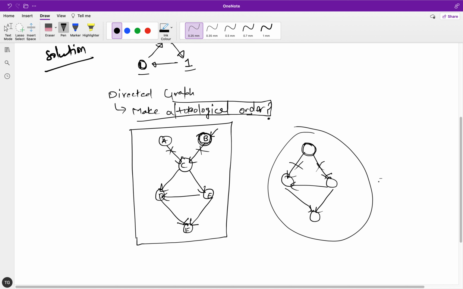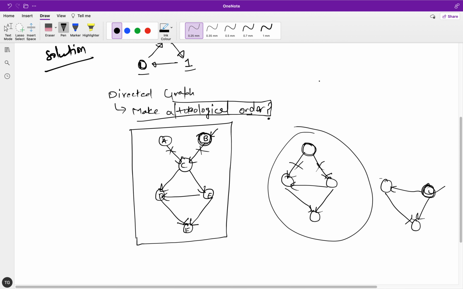After that, my graph will look like this, and I do not have any incoming edge to this particular vertex, so I will pick this node next.